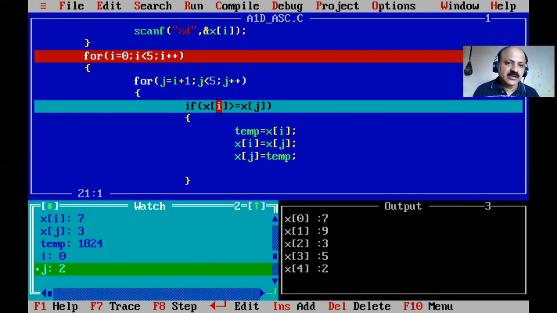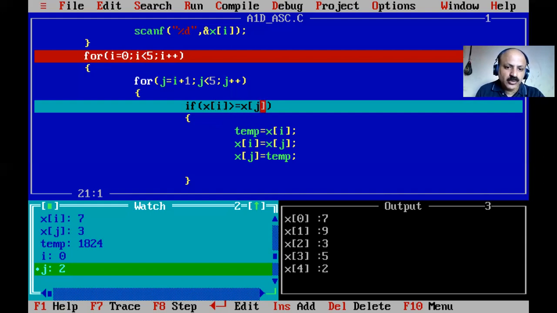Some syllabi write the dry run and iteration. So one round of this outer for loop, and the whole inner loop is taking that iteration table. So here that 7, yes, i is fixed at 0, and the comparison is with the number 3. So that is a big number. 7 is greater than 3, so that is a swap. Yes, here because 7 is greater than x of j. J is now 3. Yes, you look here: 7 and 3. X of j is 3, because j is index 2, and the element at index 2 is 3. So here is 7 and here is 3.